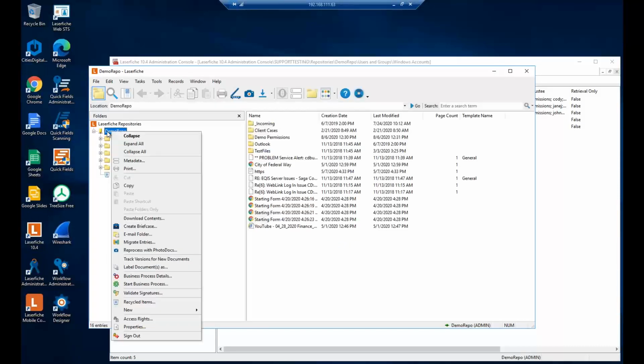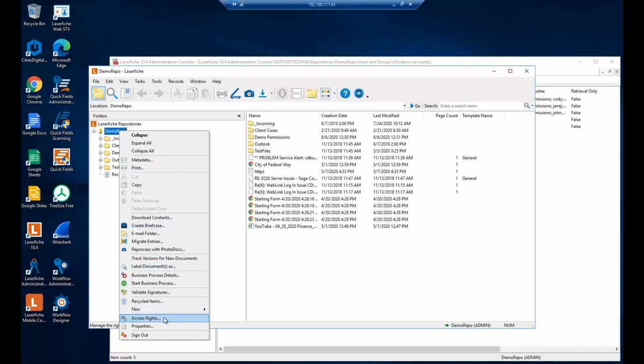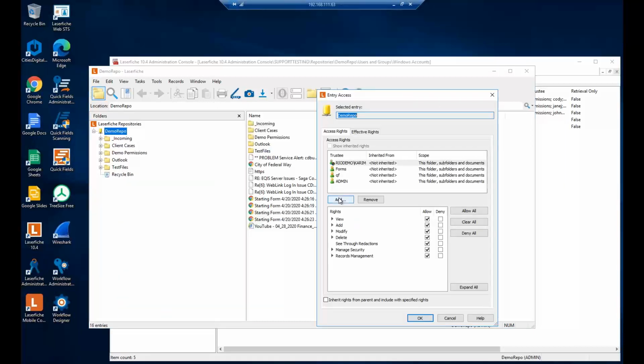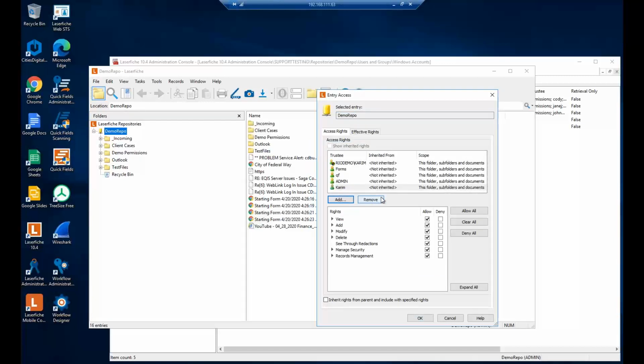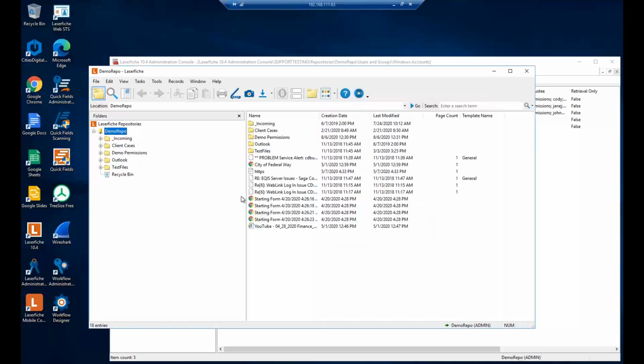The last piece here is going to be to actually assign different security. So you can right click at the top at the repository level, go down to access rights, and then you can add your new user. So if we wanted to use Cream, for example, or Cream CDI, we'd want to make sure that they have access to everything below that. Most of these folders then will be inheriting rights from whatever's above them. So setting at the top level and then waterfall down. But again, like I said,